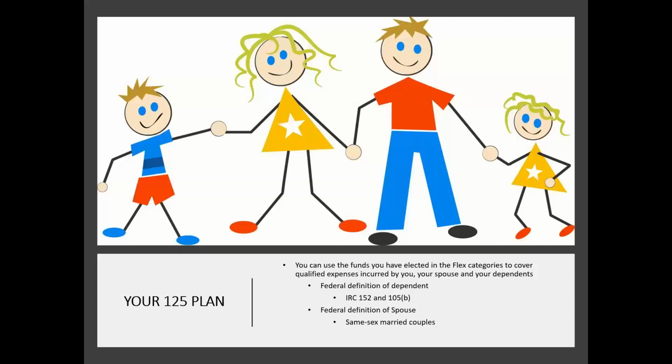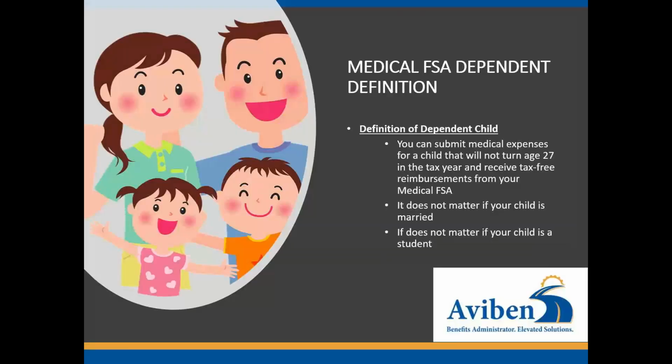So the funds in your Internal Revenue Code 125 plan can be used for eligible qualified expenses for you, your legal spouse, or your legal dependents. So what is a legal dependent? Well, it's Internal Revenue Code 152 and 105(b). But essentially, I think it's on the next slide, the definition of a dependent